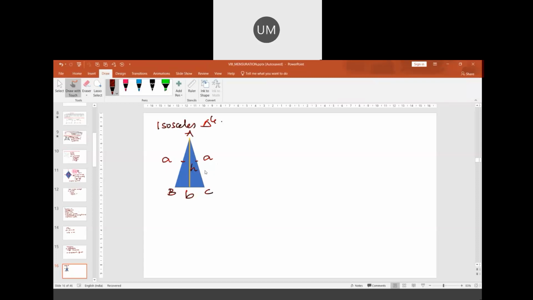h is the constructed height, so this h should be replaced with one of the letters from a, b. So how do we do that? Pythagoras theorem. Remember that in an isosceles triangle, whenever there is a perpendicular, this perpendicular will be same as the median. It means that this side is b by 2. This side is b by 2. Let me name this point as D. So BD and DC, they are b by 2 units.